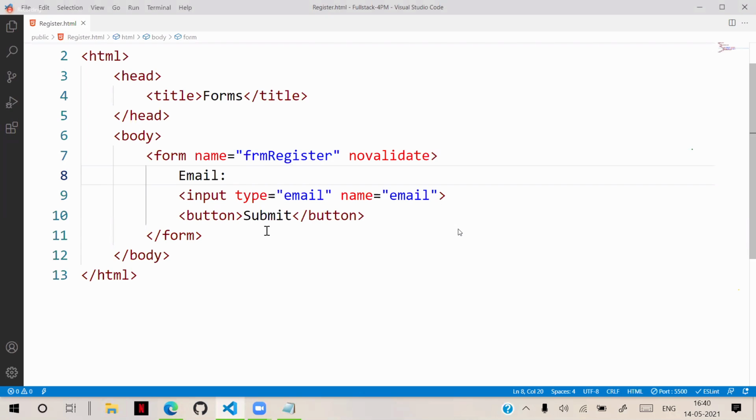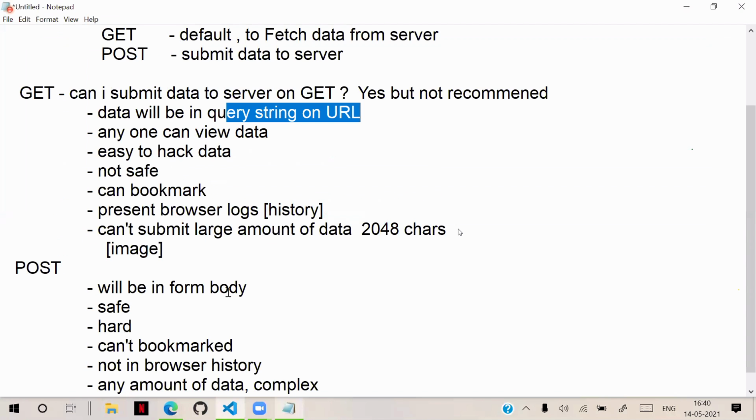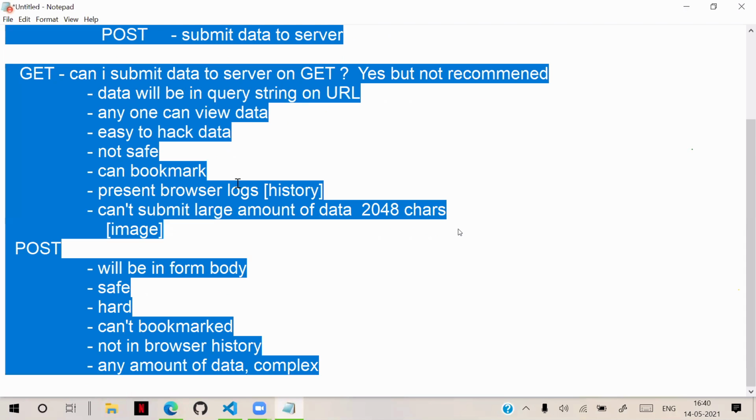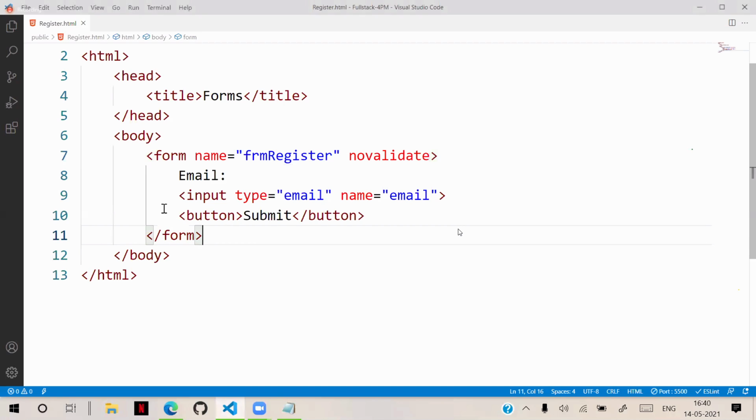That is the point about novalidate. That is form. So form related, these are all important attributes. Some attributes we can see with server-side integration. Generally, this is the outer form, how to design it. You have to make sure that all your controls are inside the form in order to submit.